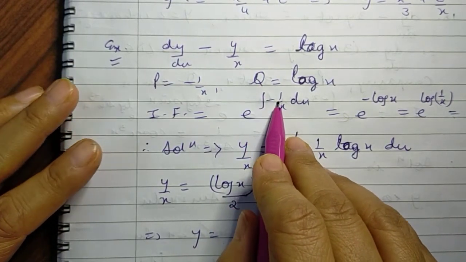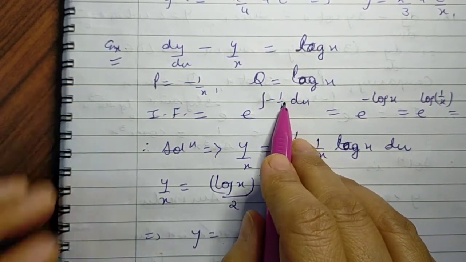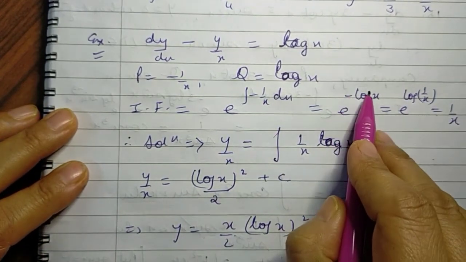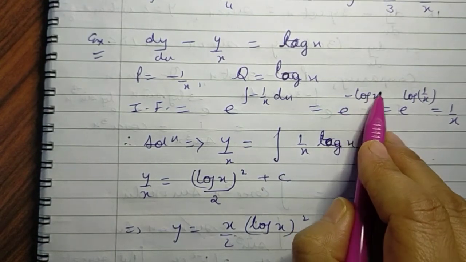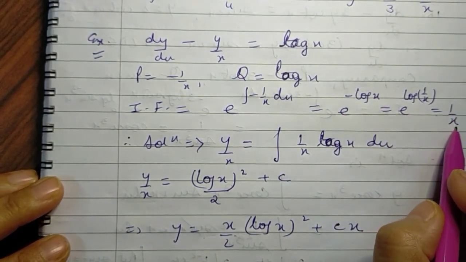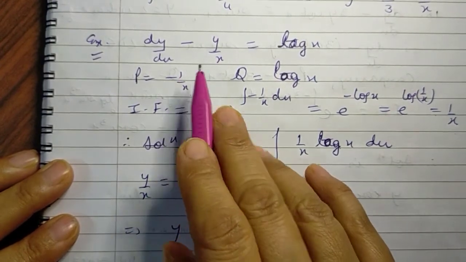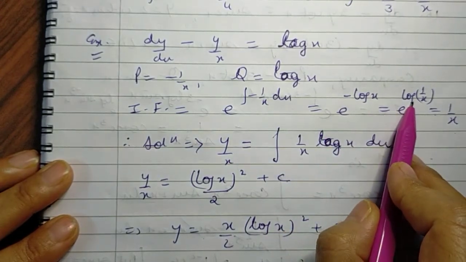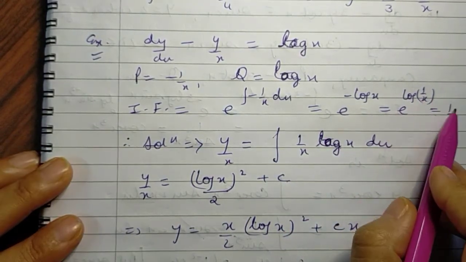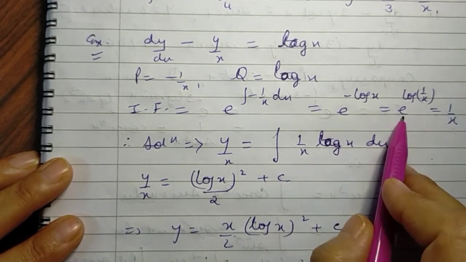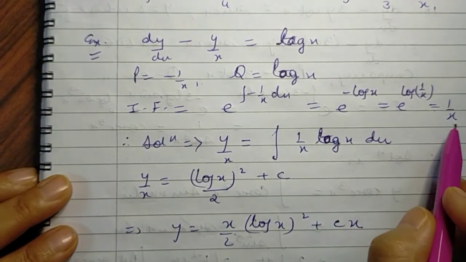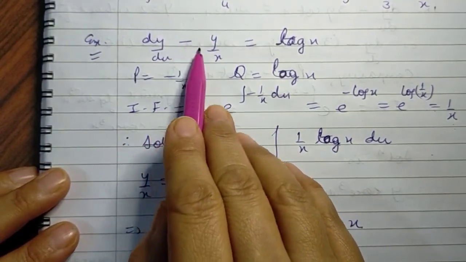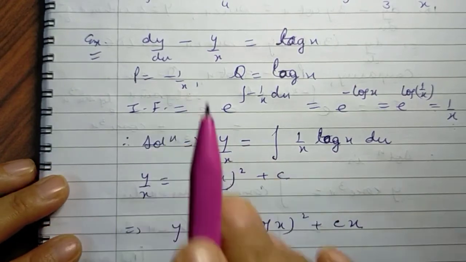Suppose you skip it, the entire question changes, because here we get integral of minus 1 upon x, which is minus log x. Using the property of log, this becomes e raised power log of 1 upon x, and the answer comes out to be 1 upon x. Suppose we had skipped taking this minus sign, then the answer would have been e raised power log x, which is x, and the integrating factor would be x. So obviously the whole question would have gone wrong. So please be very, very careful while taking down p from here, because if there is a minus sign, it has to be taken with p.